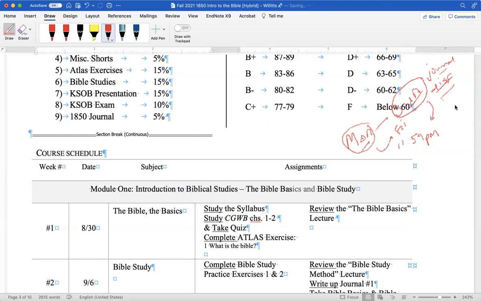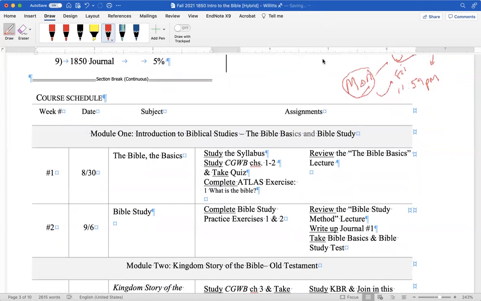Let's take the first, since this is what we're going to be looking at straight away, these first 2 weeks. I am having you study the syllabus, which means you're going to watch this video. You have to do that. That's the learning assignment this week. You need to study the first 2 chapters of the Complete Guide to the Whole Bible and take a quiz over those 2 chapters. You have to complete 1 atlas exercise, exercise number 1, which is on the topic, what is the Bible? And then you need to review the